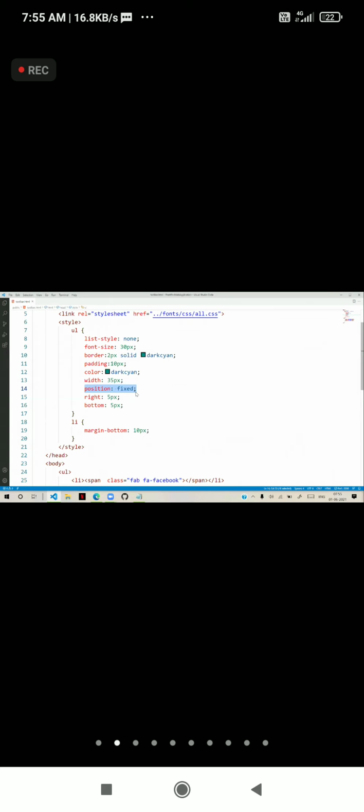You can see it is fixed there. So for that what you have to do is position fixed. Where to fix? Right side 5 pixels, bottom 5 pixels.